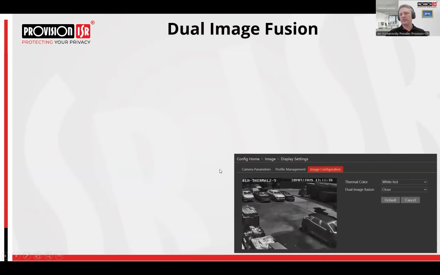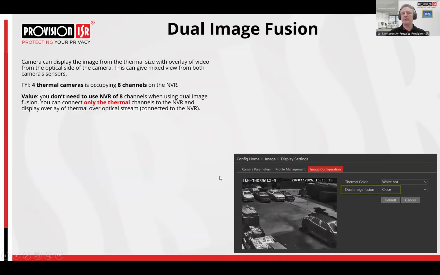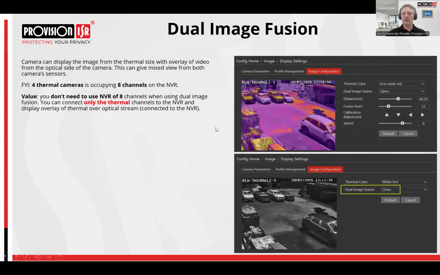Next one has nothing to do with actually fine-tuning analytics. This is something for you to know that we have an ability inside our thermal camera because it's basically two sensors. We have a thermal one and we have an optical one. In some cases, you might use an NVR which does not fit all those channels. So, for example, if you have an NVR of four channels, and you still need to use those four thermal cameras, what we have here is image fusion, which means that we will overlay the thermal